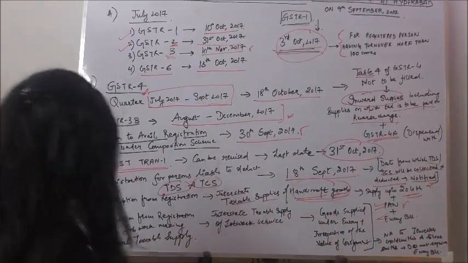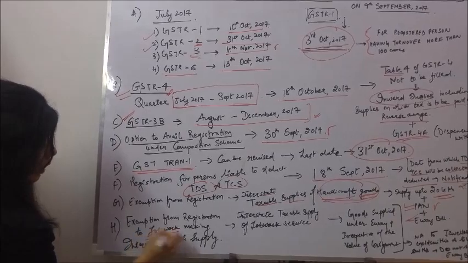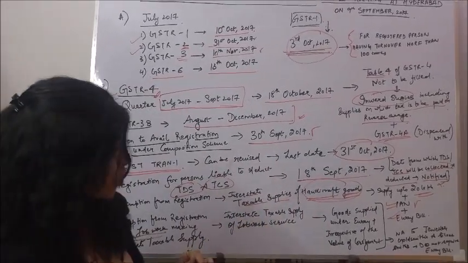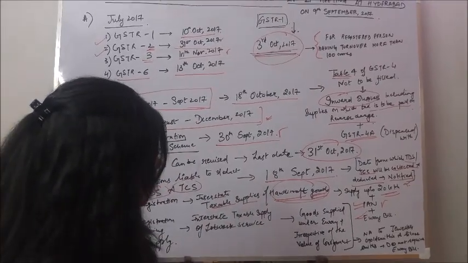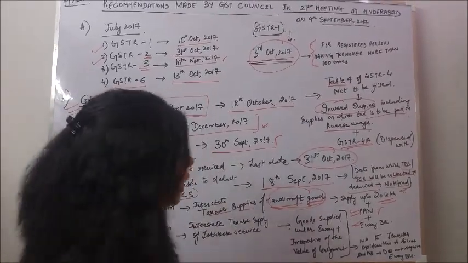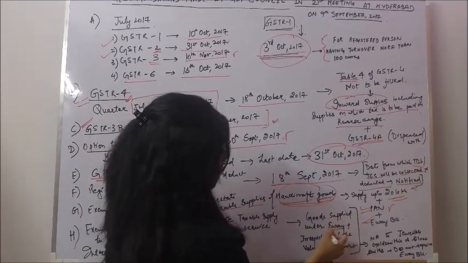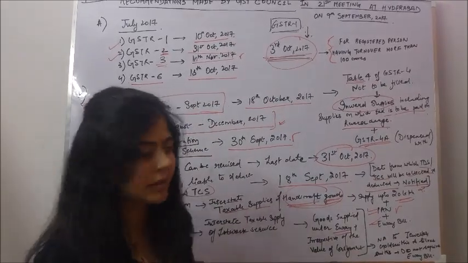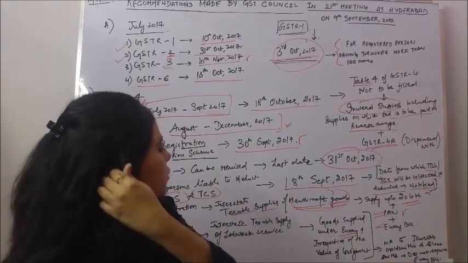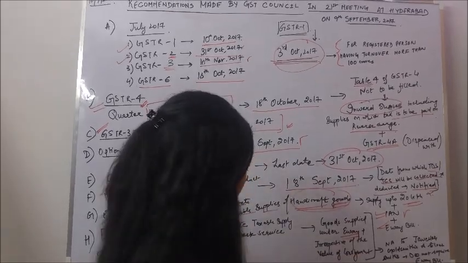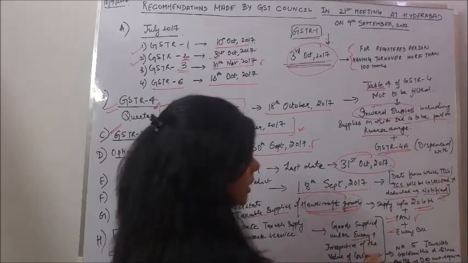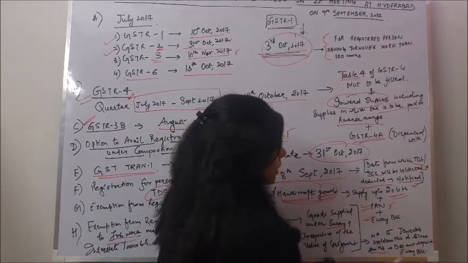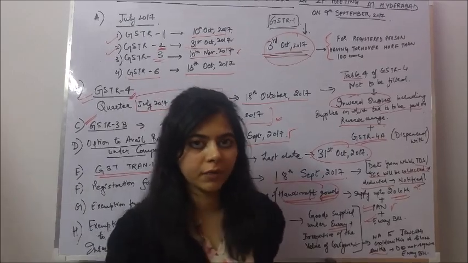from registration. Apart from this, a job worker is also given this exemption for interstate taxable supply of job work services. Again, he has to fulfill certain conditions: goods supplies should be under the cover of an e-way bill, and the exemption is given irrespective of the value of the consignment. However, this particular exemption for job work is not applicable to jewelry, goldsmith and silversmith, because they do not require an e-way bill for such transfer.